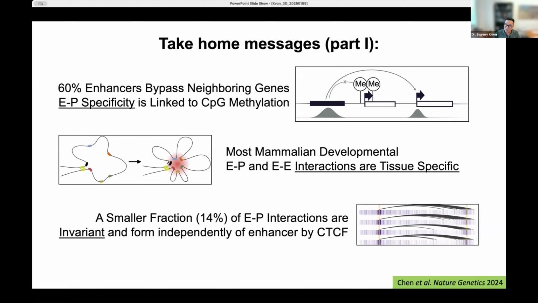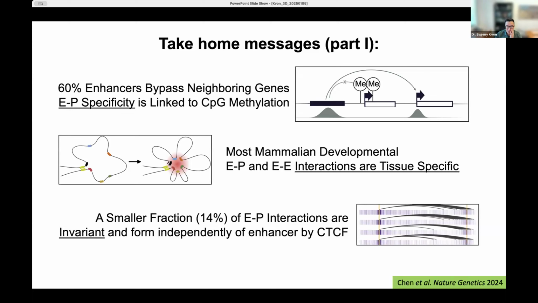So, that kind of explains this discrepancy between capture Hi-C studies and FISH studies, where they see sometimes if you do FISH, that the enhancer actually goes further away from the promoter, but it's still within that zone of influence, right? And the zone of influence is what we detect in the Hi-C experiments.